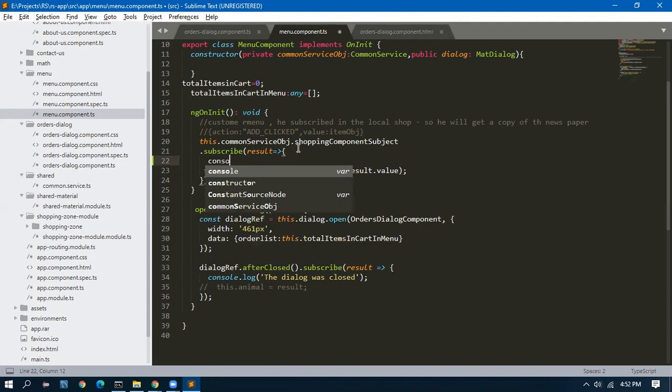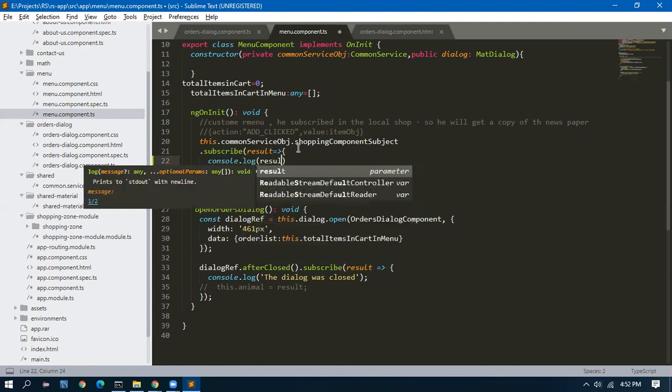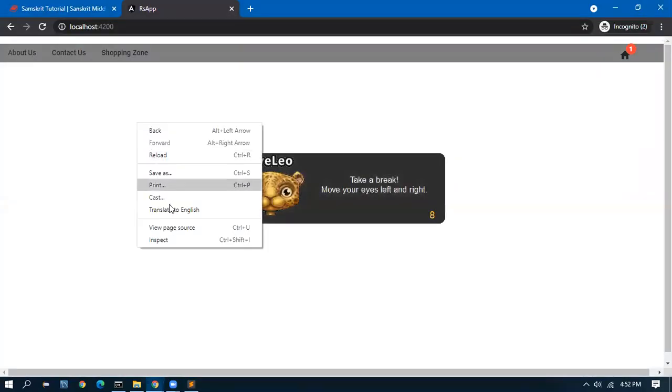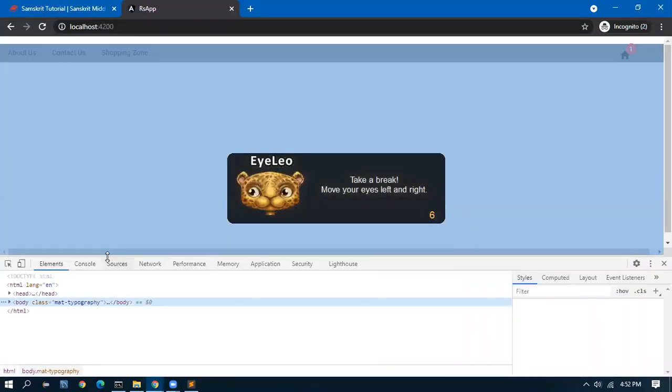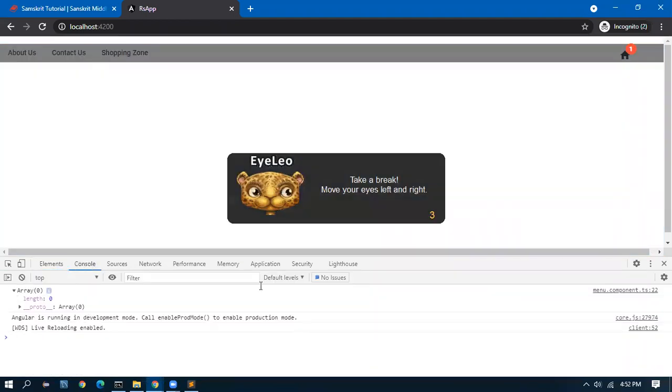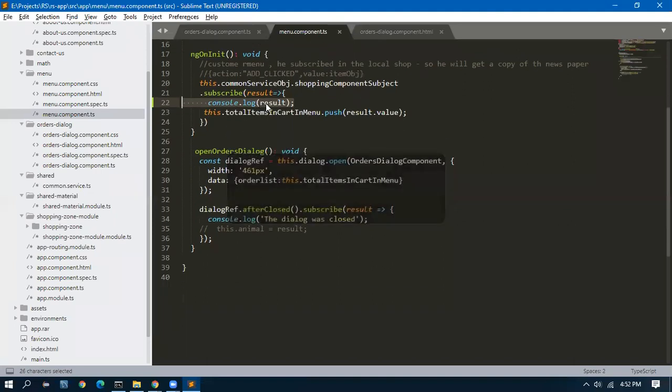Result. Console.log result. I want to see whether, the first time the menu is initializing, I'm getting a result or not. Menu component 22. So that is the culprit. So this guy is only causing that empty element to come.